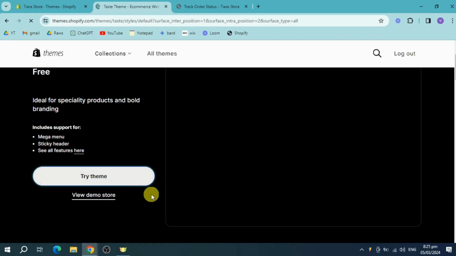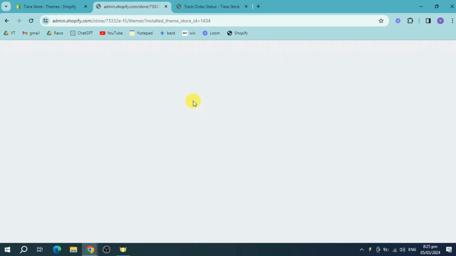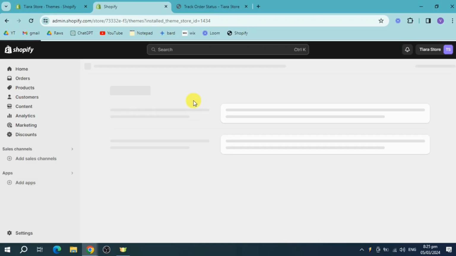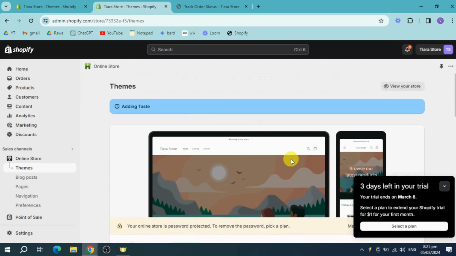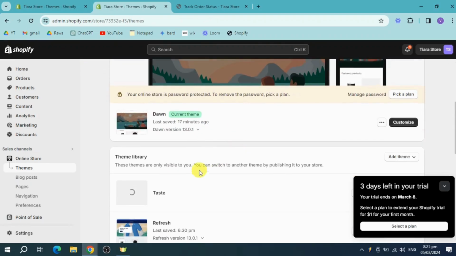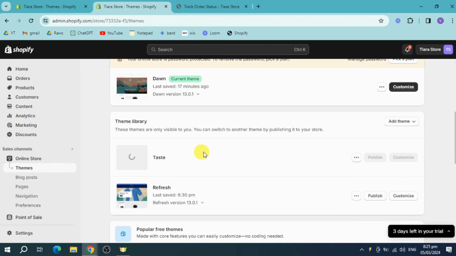Once you have clicked on try theme, it will add Taste to your online store themes. So this Taste is the theme that we have added earlier. This will enable you to see your online store right here. As you can see, it is adding pages, and it is still loading. You can just finish this loading process right here in order to add this as your actual theme. As you can see right here, the Taste theme is still loading,